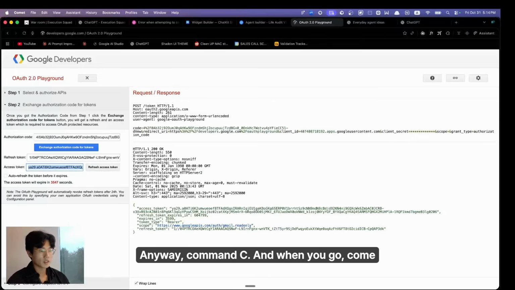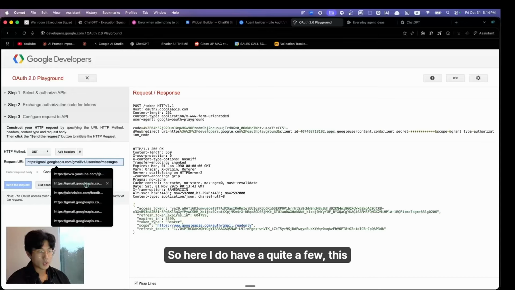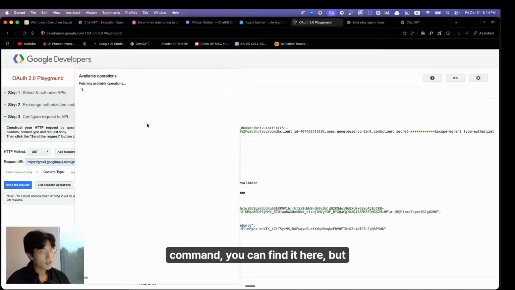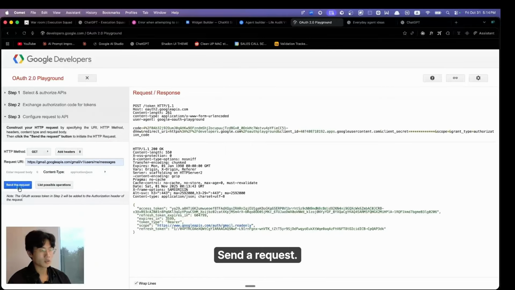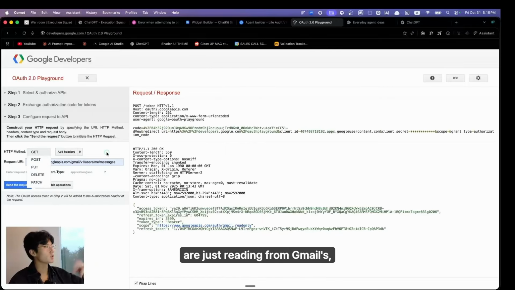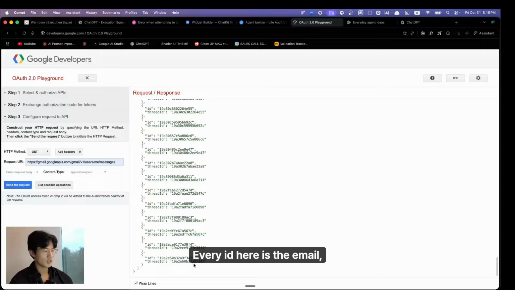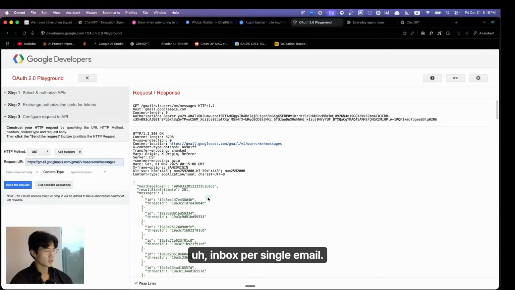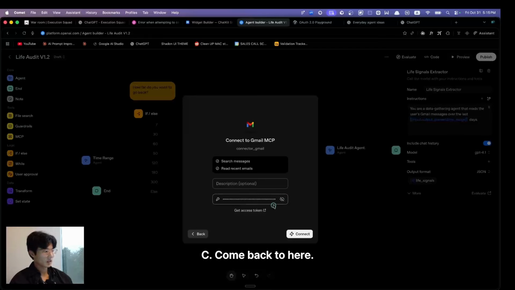Anyway, Command C, and when you come to step number 3, you're going to want to check if it's actually working or not. So here, I do have quite a few. This command, you can find it here, but I don't have time, right? Sorry. Close, send the request. This has to be GET, since you are just reading from Gmail, not the other way around, right? So send request, 200, okay, here are your emails. Every ID here is a single email in the inbox. Anyway, it worked, and go back to step 2, access token, copy, Control C,